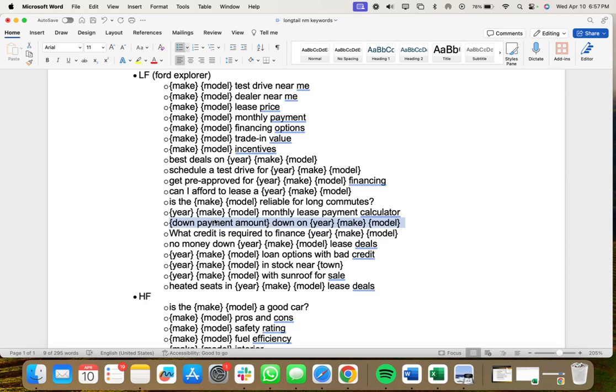$5,000 down on 2020 Ford Explorer. That's great. What credit is required to finance a 2020 Ford Explorer? No money down. 2024 Ford Explorer lease deals. 2024 Ford Explorer loan options with bad credit. 2024 Ford Explorer in stock near me. I mean, this is pretty common, but these ones, loan options with bad credit, no money down, and what is